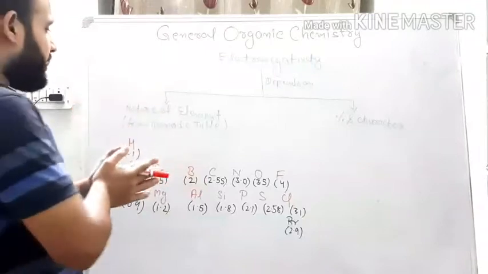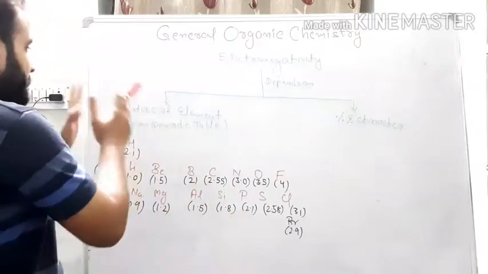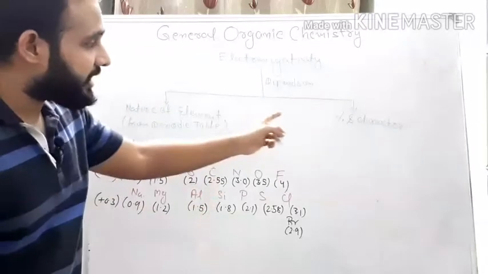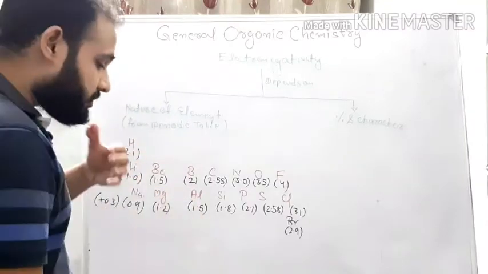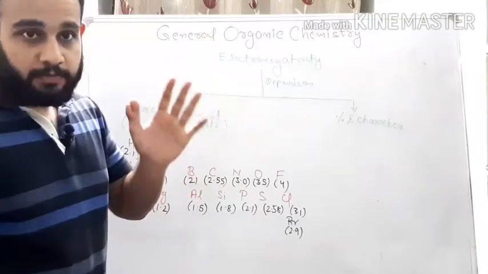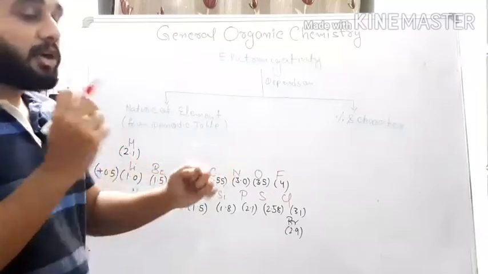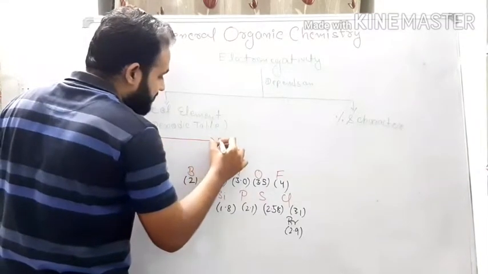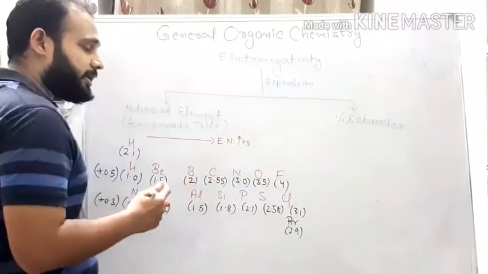Okay, now you can see friends, the electronegativity depends on two factors. The first one is the nature of the element, which can be seen from the periodic table or periodic trends, and the second one is percentage s character. We first talk about the nature of the element. So friends, in the periodic table, when we move along a period from left to right, the value of electronegativity increases according to the periodic trend.